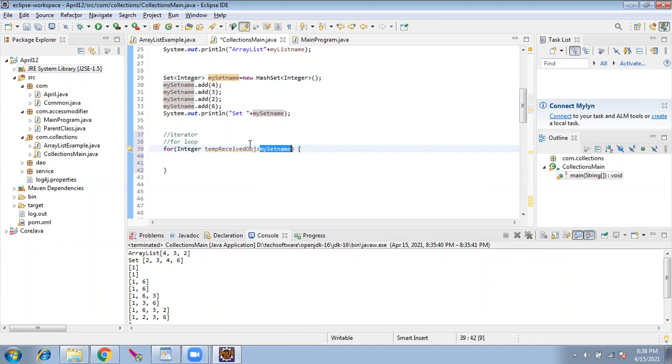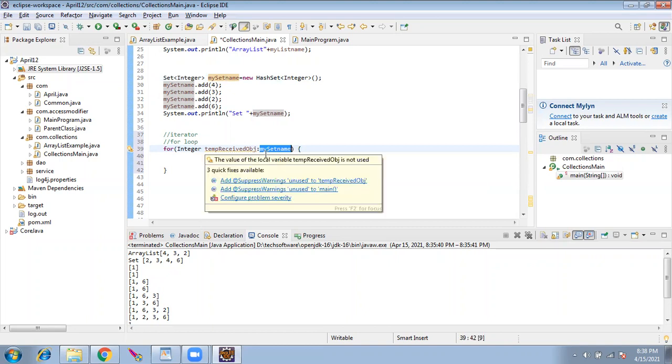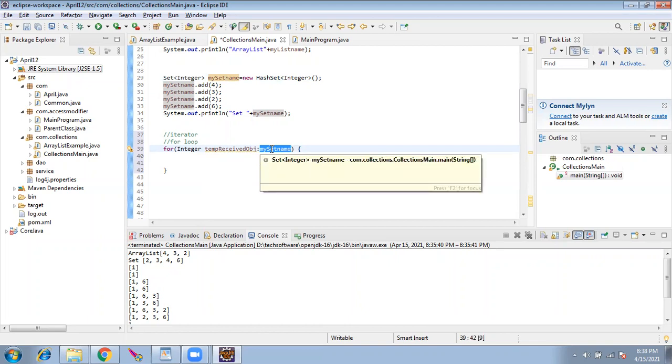Let's say you have a bag of 10 items. What you will do, you will take one by one, correct? Using the hand, you will go inside, take the first, take the second. Here also the program is going to go over this collection and take one object or one value at a time.